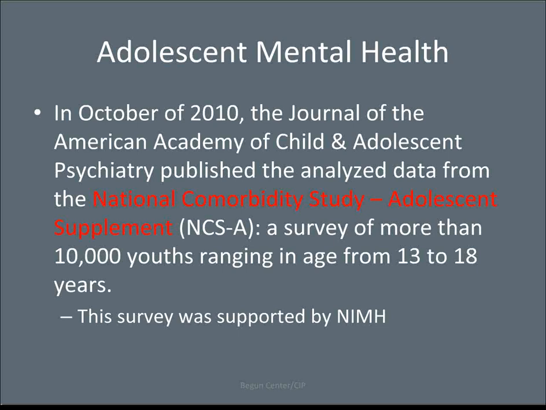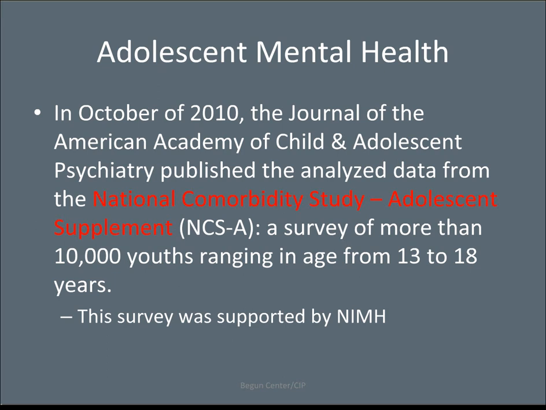Another useful study to take a look at here with mental health and prevalence with kids, and this one really stands out in a couple of different ways. This is taken from the National Comorbidity Study. This is the replication, the follow-up. This is the Adolescent supplement. They looked at 10,000 kids, and they did the study in a combination of going into schools and going into the homes. They included parent reports on a lot of this stuff